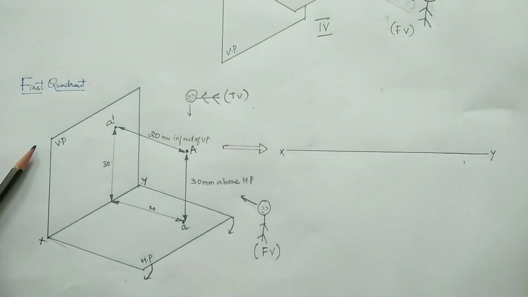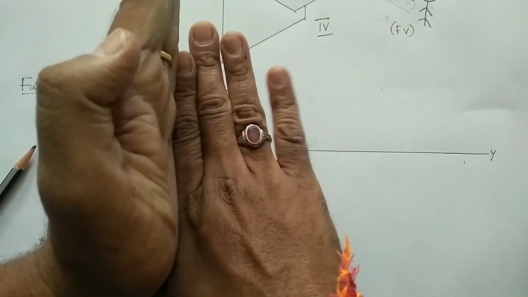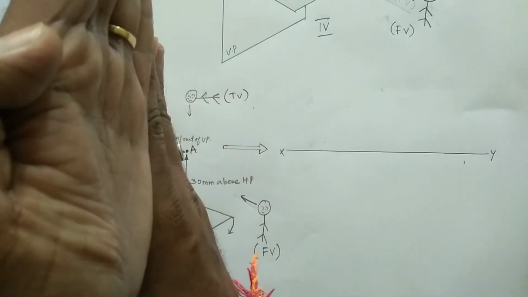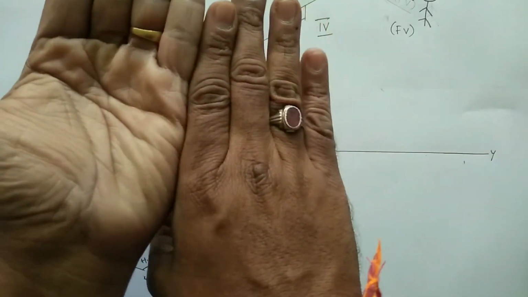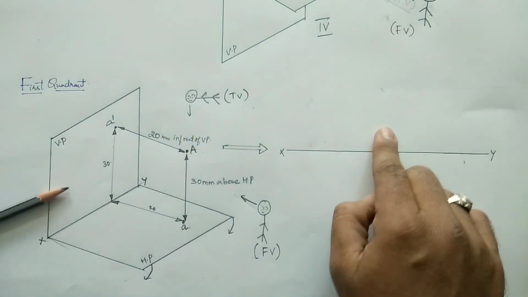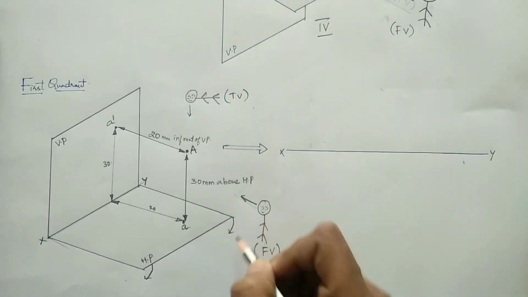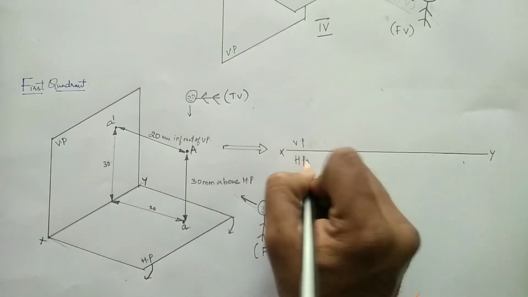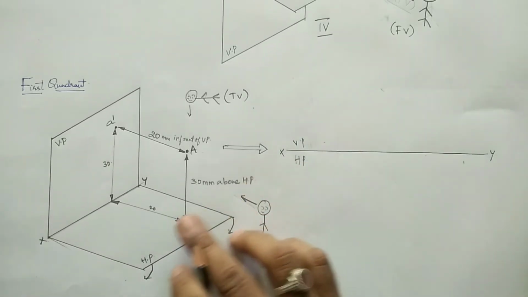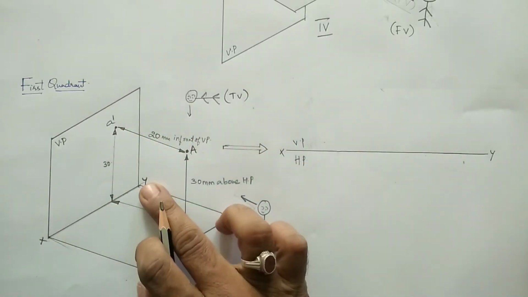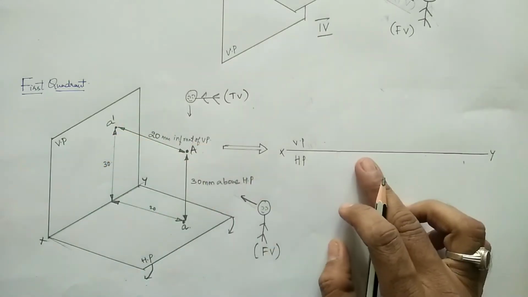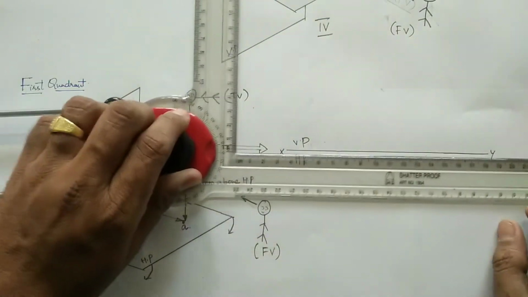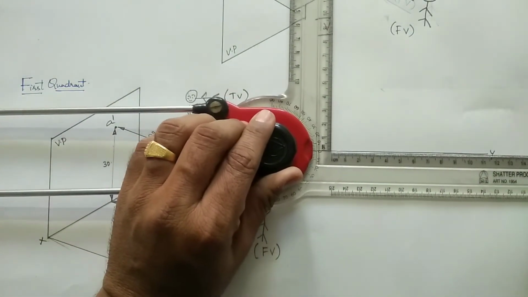When I rotate it in this manner, it will be like this, where this one will be the vertical plane and this one will be the horizontal plane. So this is what I am representing here. Based on this reference with respect to the XY line, whatever height is given, those projections we need to draw. This is my vertical plane, so taking it with reference to this, the height that is given.